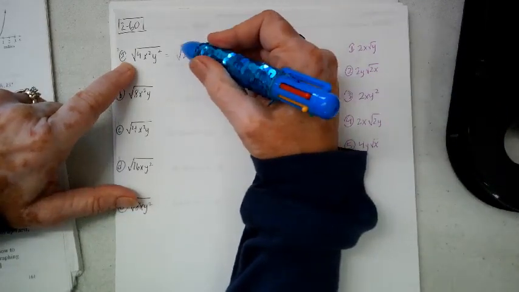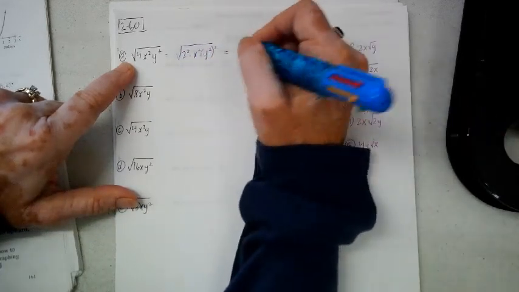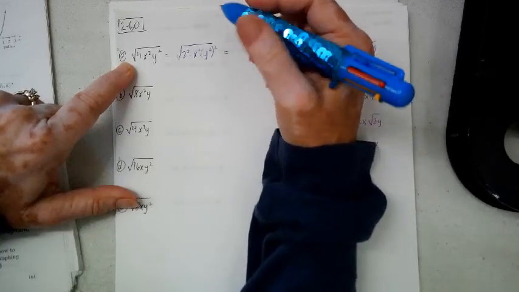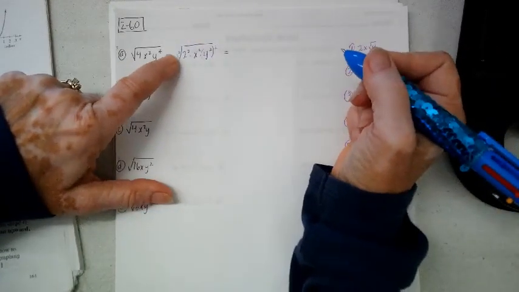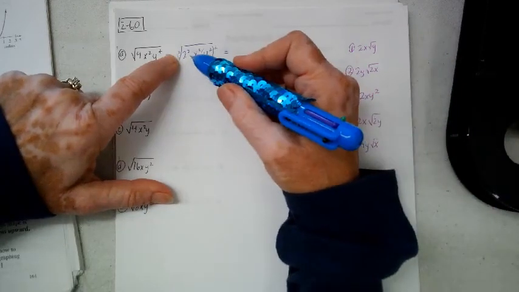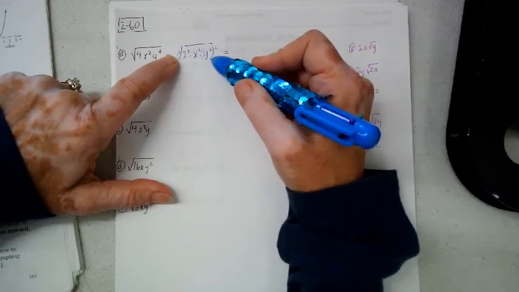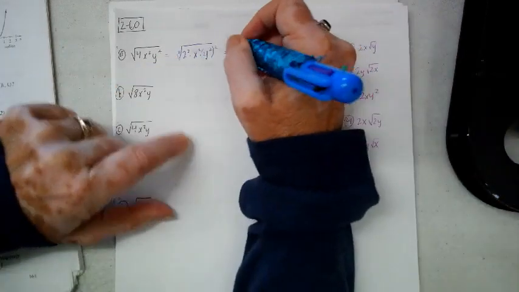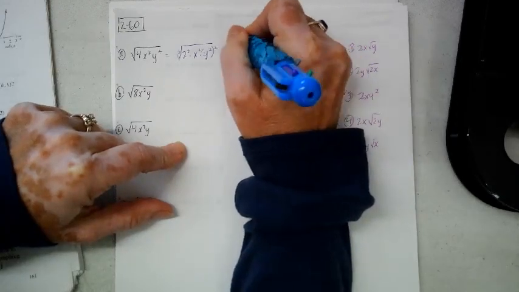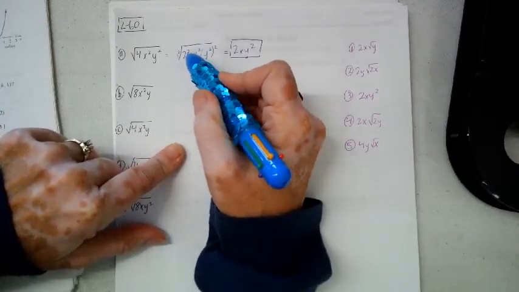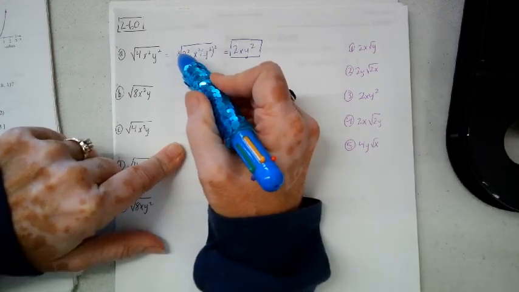Since this little index right here is a square, now I can just bring out a 2, an x, and a y squared. So this is just going to be 2xy squared. So that's one way of doing it, making all the exponents on the inside 2's so that they kind of cancel out